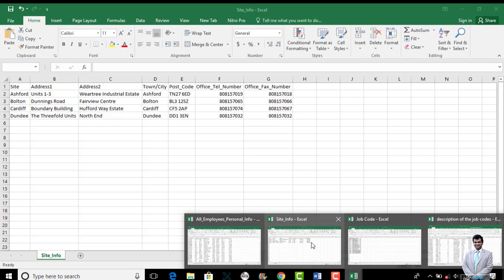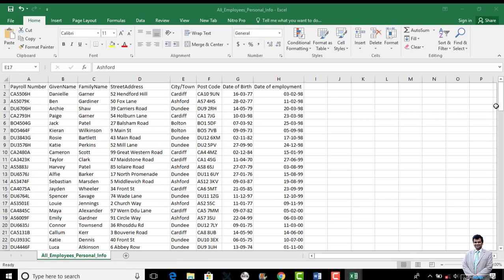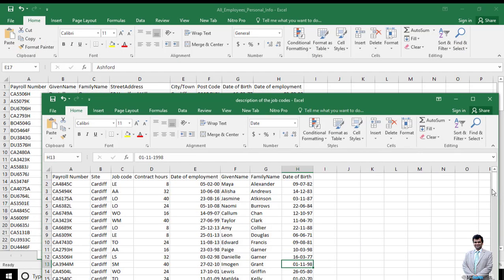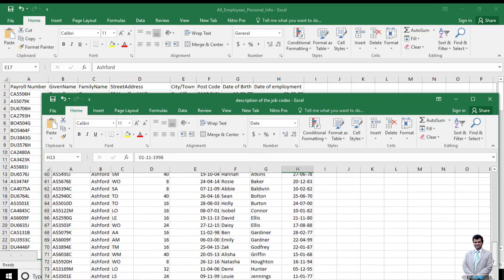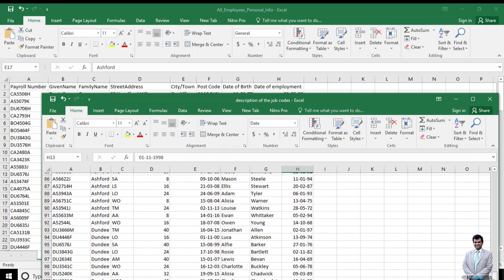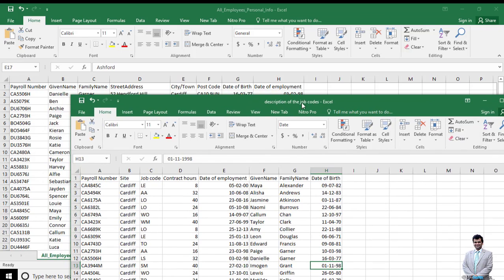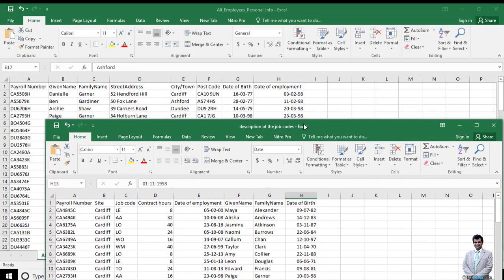Okay, fine, we have site information, that's separate, we'll import that. We have job code, we'll import that, that's separate. But in the first stage we created this table where we merged Cardiff, Bolton, Ashford and Dundee information into one. Now what they're saying is that we want to actually have part of this information included over here. Now if you look over here, I can use the payroll number to look up and display further